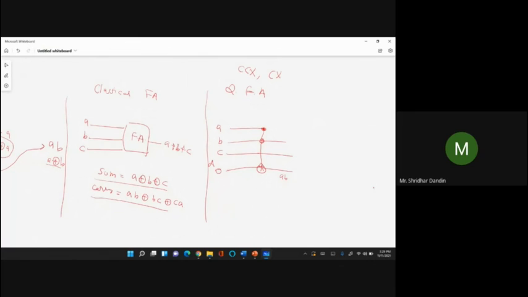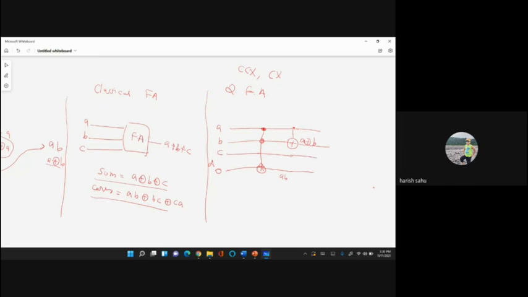Suppose I apply a CNOT gate from A to B. Then I will get A XOR B here, and A remains the same.